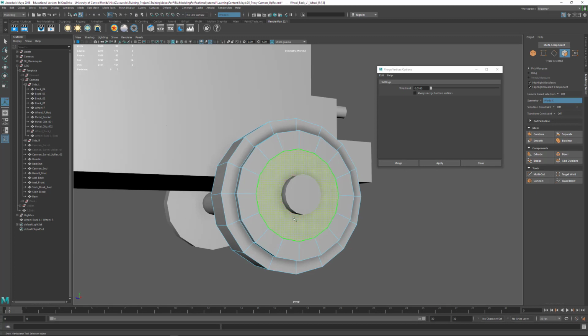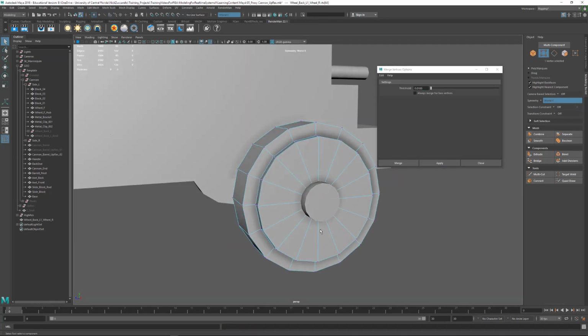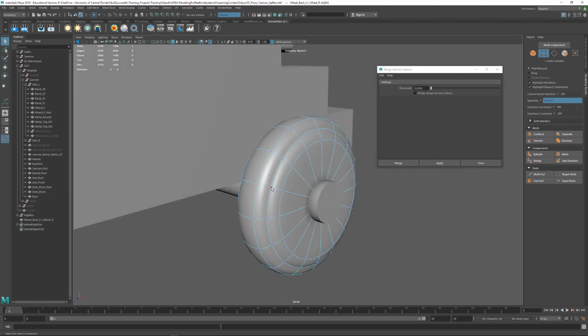Let's take this face that you see here, and then shift right click and say merge face to center, and then I'll hit F11 and do this back here. I'll just tap G for my last command. And now we've got a wheel, and if you think about the creasing tool, like what we just did,